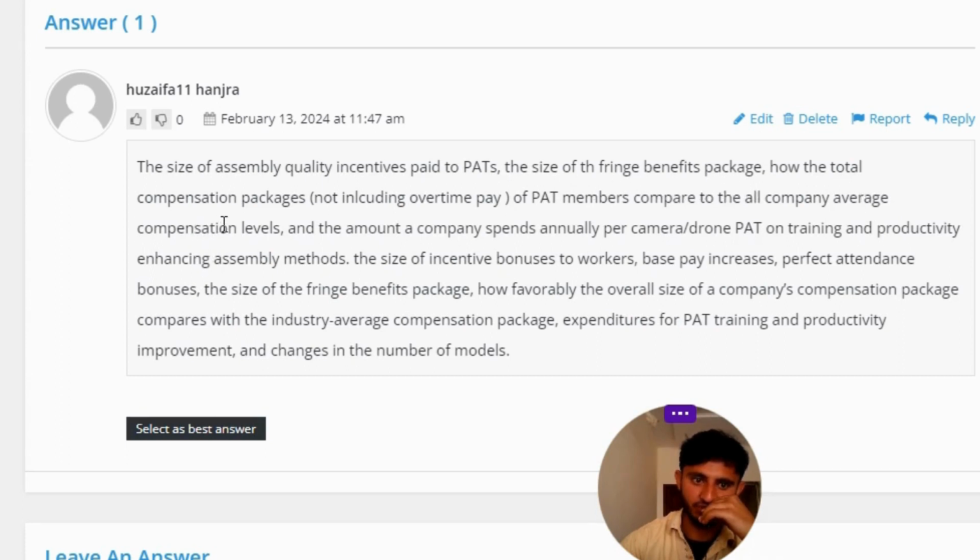financial benefits package, how the total compensation package is, not included overtime pay of pet members compared to the all company average compensation levels, and the amount a company spends annually for camera drone pet on training and productivity enhance assembly methods, the size of incentive bonuses to workers, base pay increases, perfect attendance bonuses, the size of the fringe